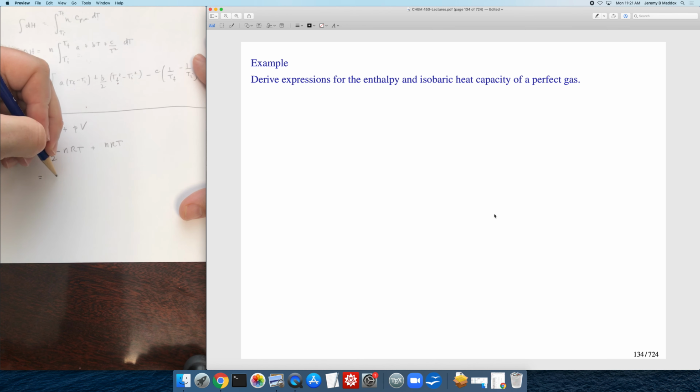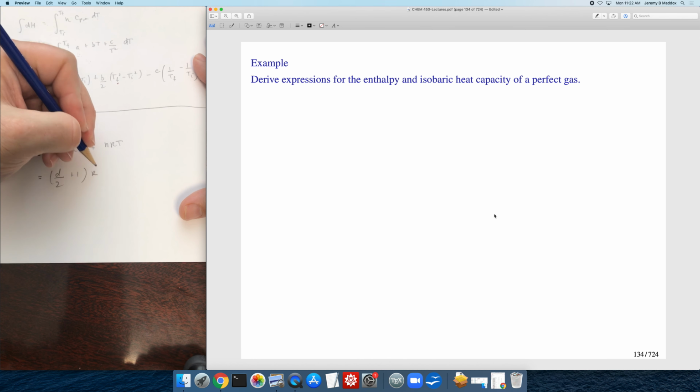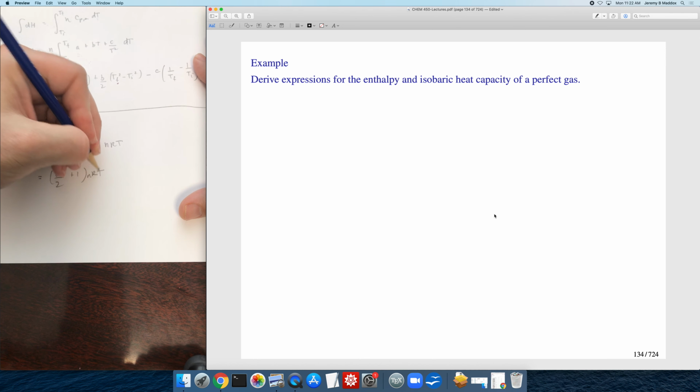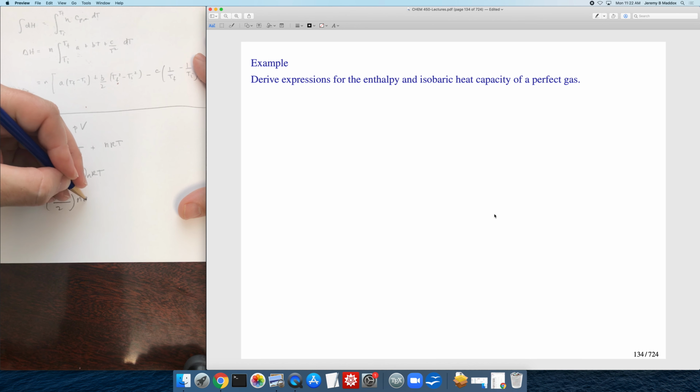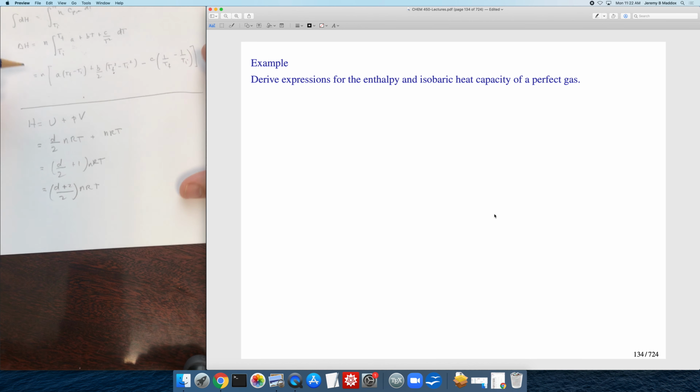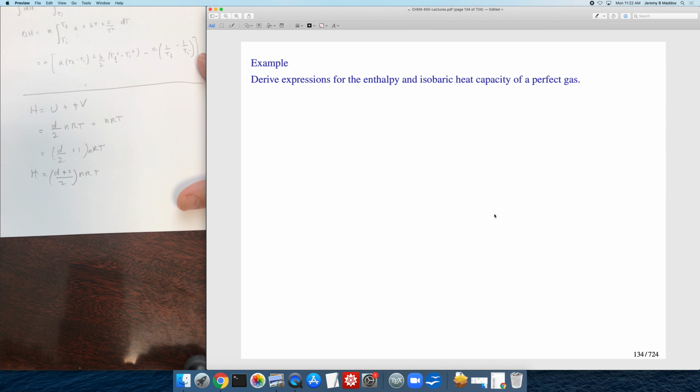So we have d plus 2 plus 1 times nRT, and we can rearrange that. We can write it as d plus 2 over 2 times nRT. So here's the formula for calculating the enthalpy of an ideal gas,